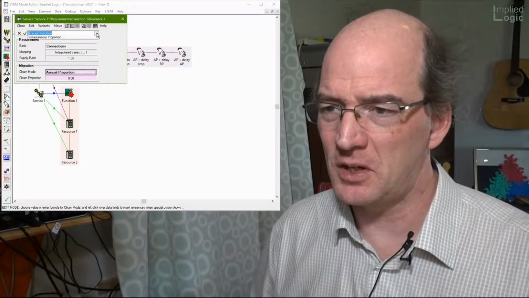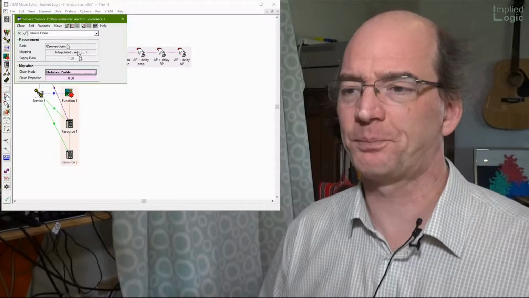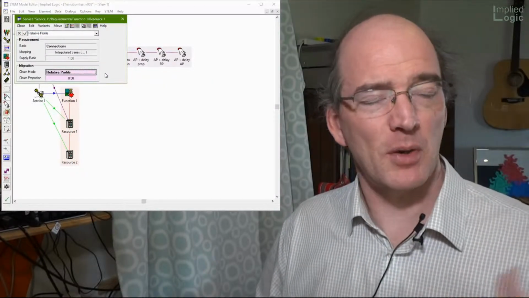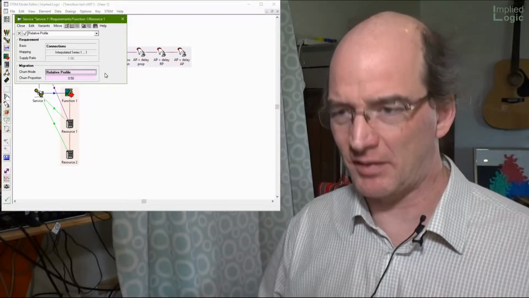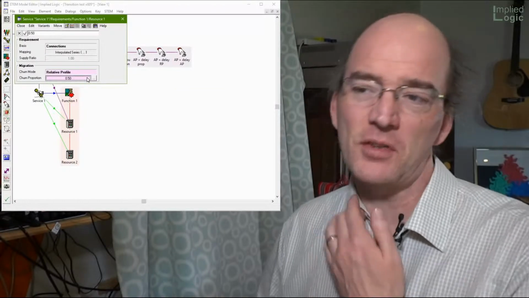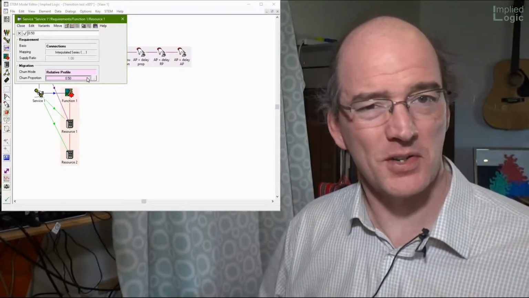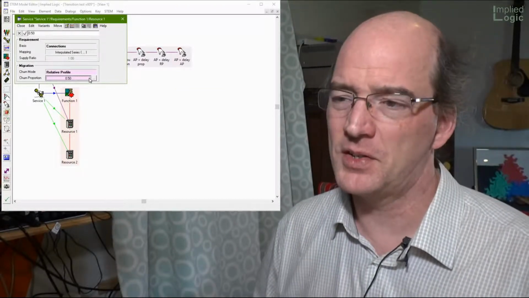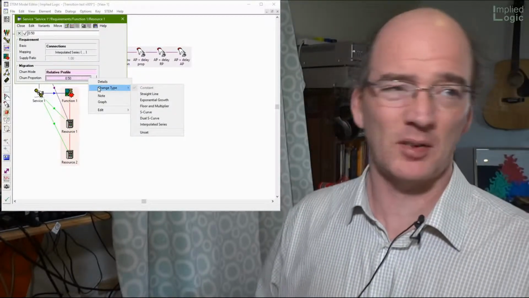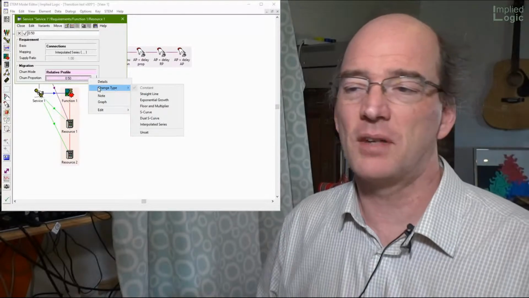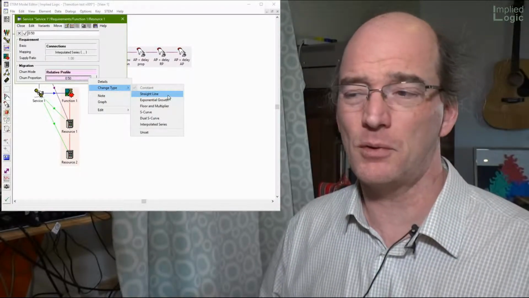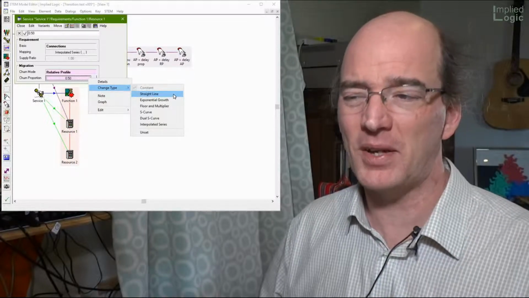So we've added a new option called the relative profile, and this is intended as a way to say how much should we get rid of. And so obviously the intention is to use this as a time series input, so you can say over time how much you want to get rid of. And so you might think that an interpolated series would be the most flexible way to go, and it probably is, but actually for a straight line transition, the new straight line type we added in STEM 7.4 is actually even better suited to this,